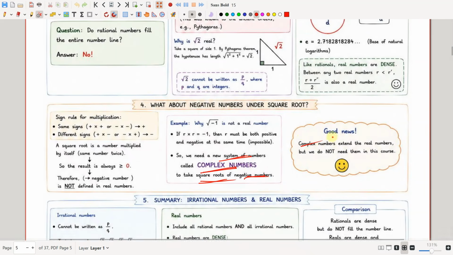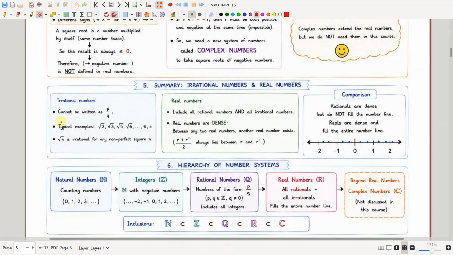So complex numbers extend the real numbers, but we do not need them in this course. I'm just giving an overview of the types and natures of numbers that are commonly available in maths. Okay, so see here, we have introduced irrational numbers, we have introduced real numbers, and we have compared how the